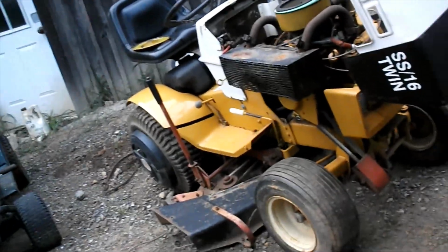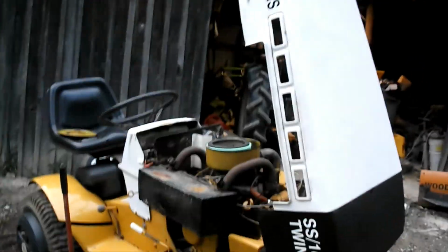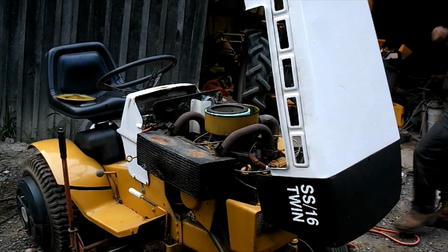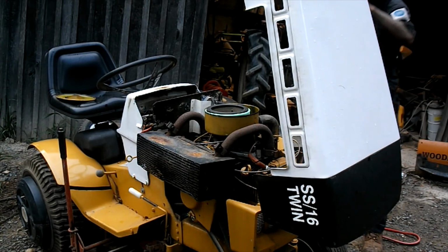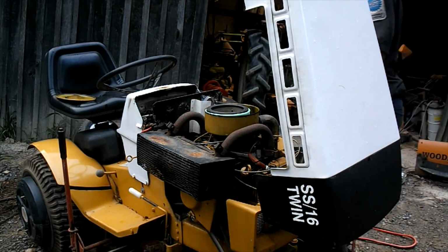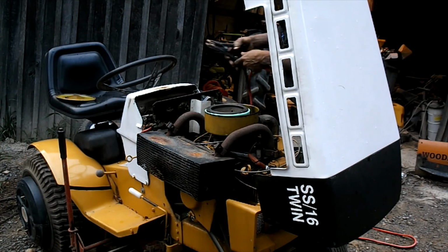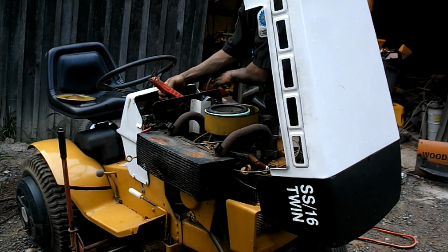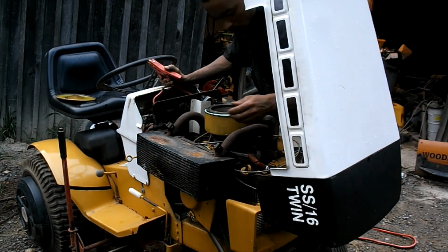Well, I'm going to just try to get this thing started, or get some power to it and see if it'll turn over. Then we might try to get it to fire up. Okay. Oh. That's ground. Do this carefully. Need to figure out